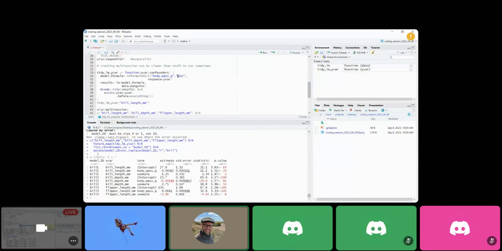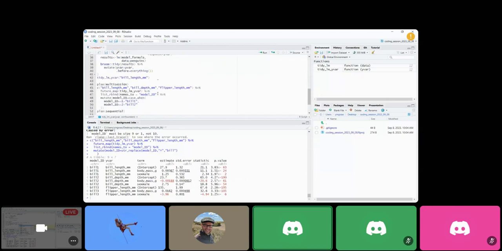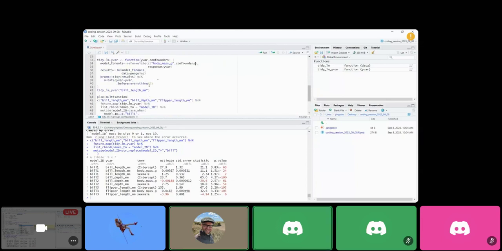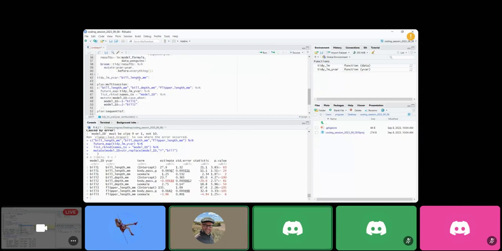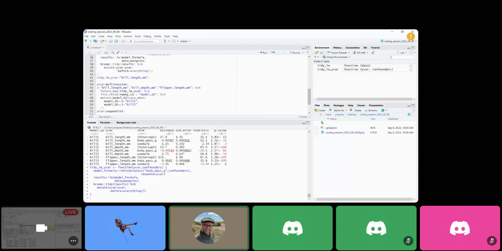And then inside of the, replace sex with confounders. Yep. And then if you scroll down, then inside of the tidy, the future map. So first, let's run line 41. Yep. And then inside of the future map, you do,